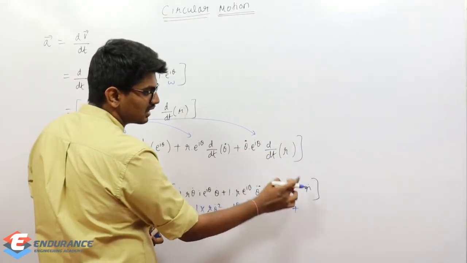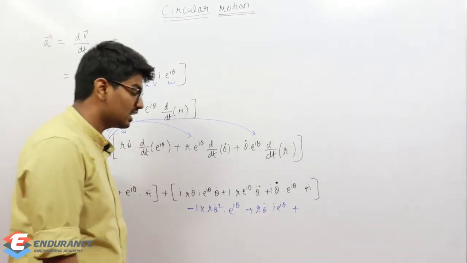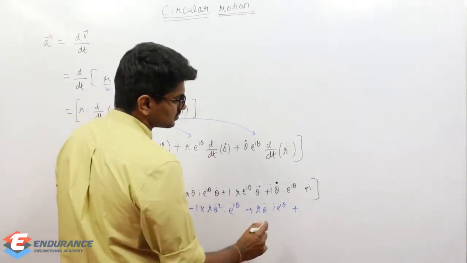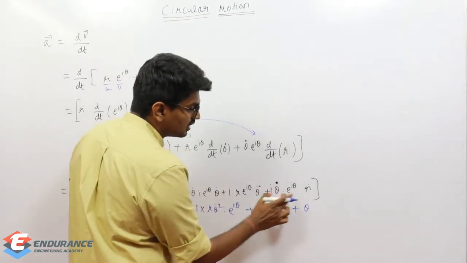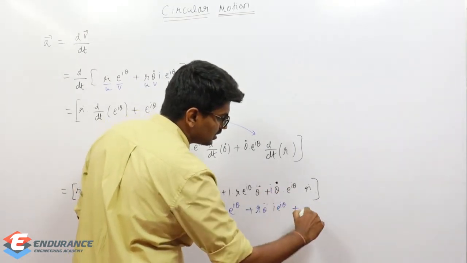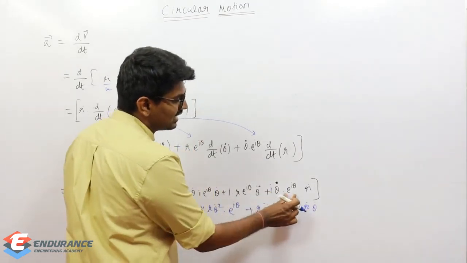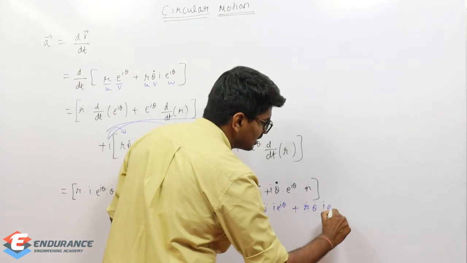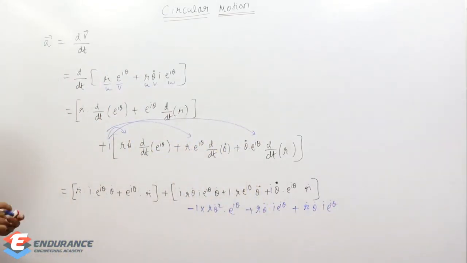Differentiation of r with respect to time is again r dot. Okay, dr by dt is r dot. Now, theta dot, sorry, not this two, theta dot and r dot, right? Sorry, r dot, theta dot. I will write this I and e power I theta separately. Okay, so now I got everything whatever I want.